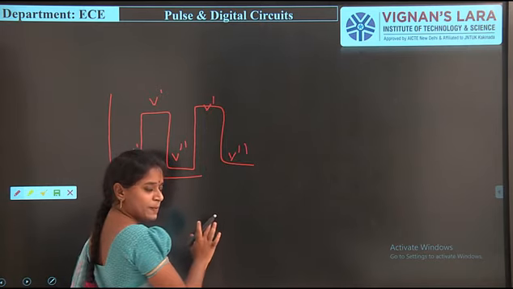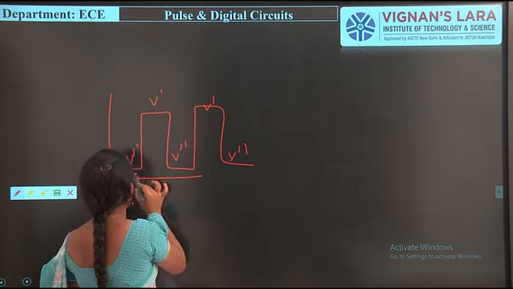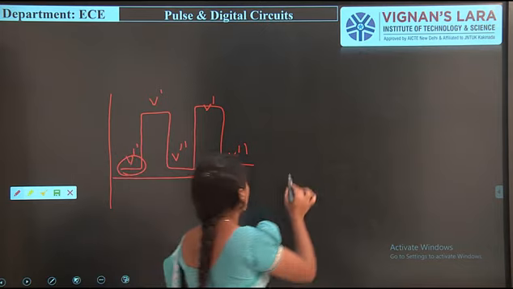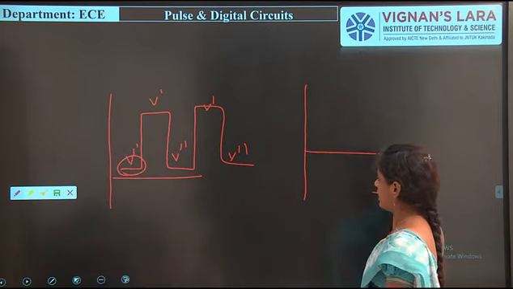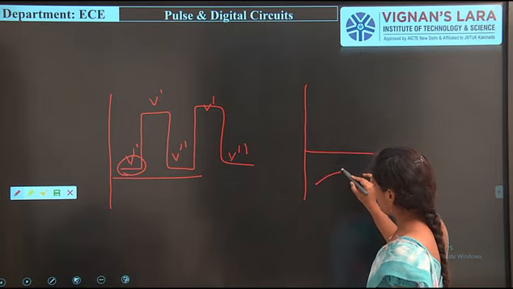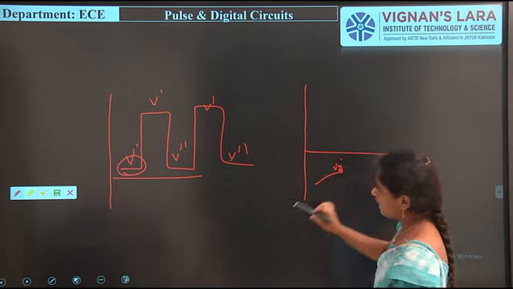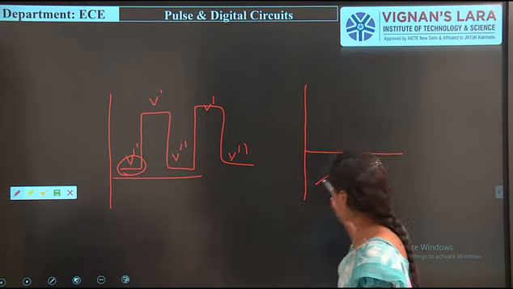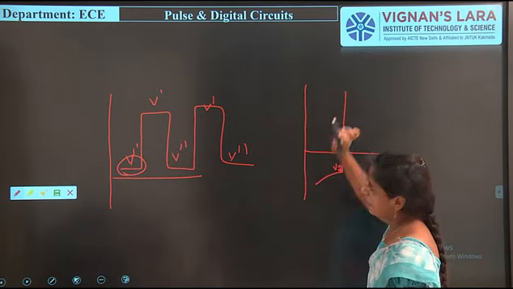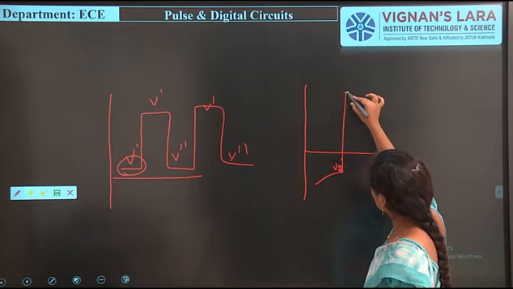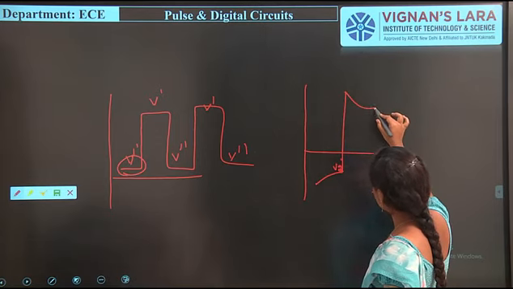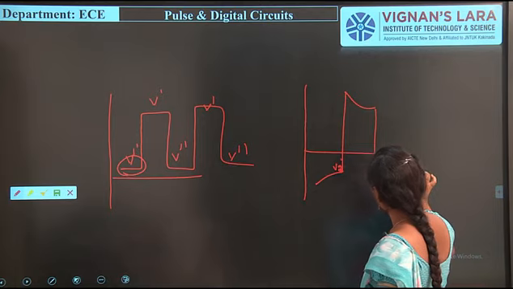This signal is passing through the circuit, and initially when we apply V double dash, the output obviously decreases. It starts here, and this one is indicated with V2 dash. Again we apply a constant, so obviously it rises, and then we apply the V dash signal, so it exponentially decreases, and the output will be like this.